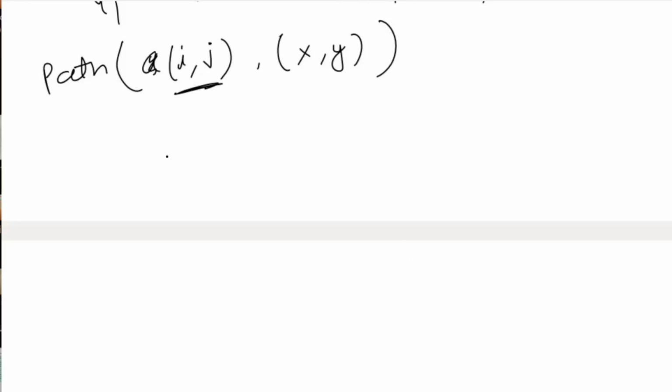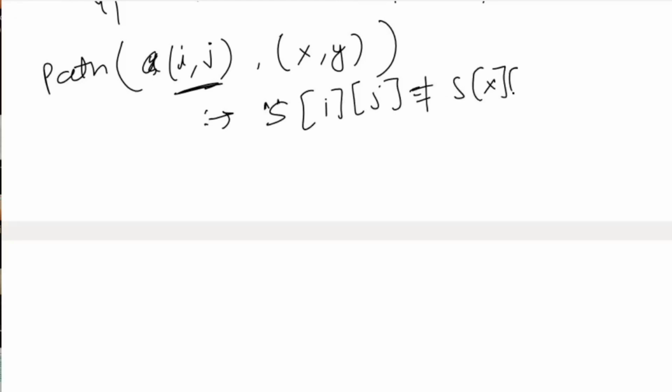So now the first condition: our characters at I comma j and x comma y are not equal. If s[i][j] is not equal to s[x][y], that is the characters are not equal, then return 0 because there is no palindromic path possible.